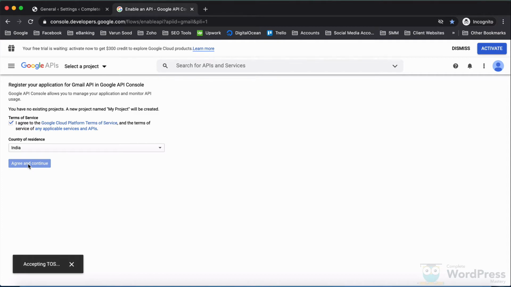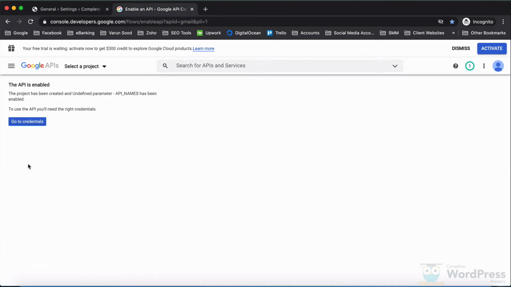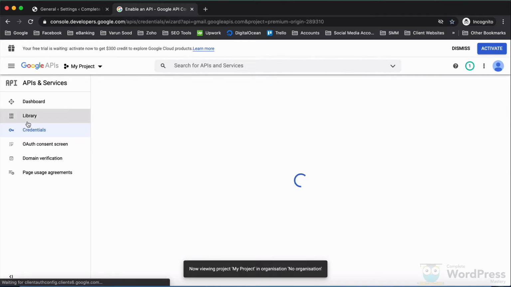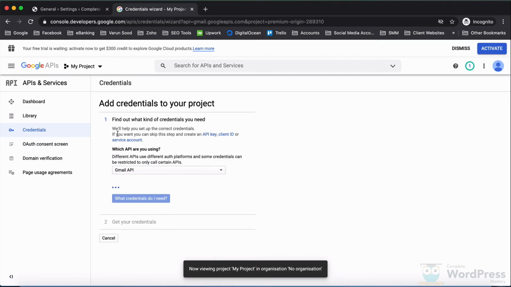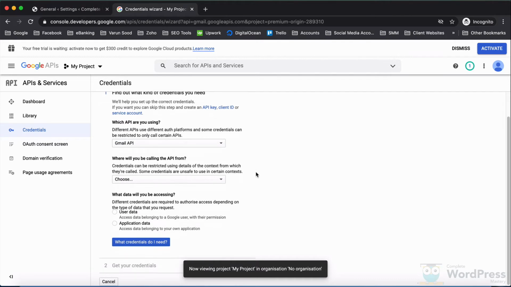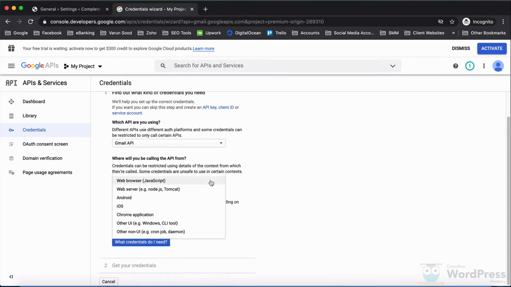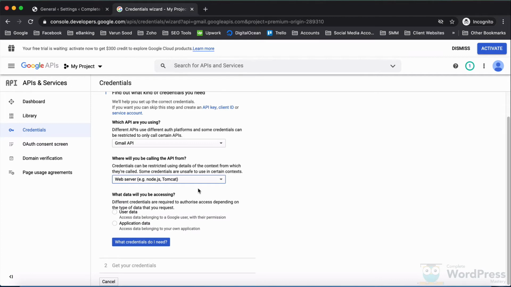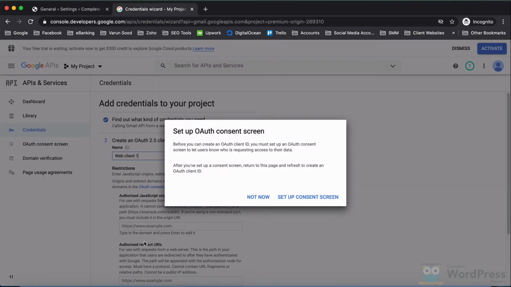Google will create a project for you in Google API Console and enable the Gmail API for that project. To get our API credentials, let's click Go to Credentials. In the first drop-down list, we'll select Gmail API because that is the API we'll be using. In the second drop-down list, select Web Server and then select the User Data radio button. Let us then click on What credentials do I need? In this pop-up, click Setup Consent Screen